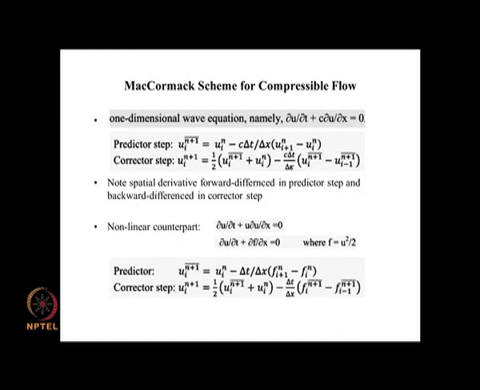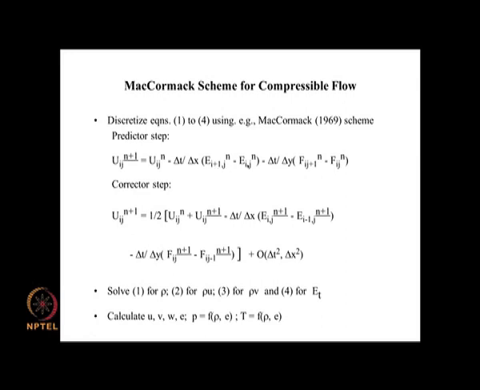So, when you look at this, it is exactly the same. Here dou u by dou x is (u_(i+1) minus u_i) divided by delta x, and the same thing is being put here, (E_(i+1) minus E_i) divided by delta x. Similarly, this is dou F by dou y, written as (F_(i,j+1) minus F_(i,j)) divided by delta y. We are not making any modification here for the fact that u, E and F are vectors. It is being used directly here, and it is not necessary to make any change in this particular case.